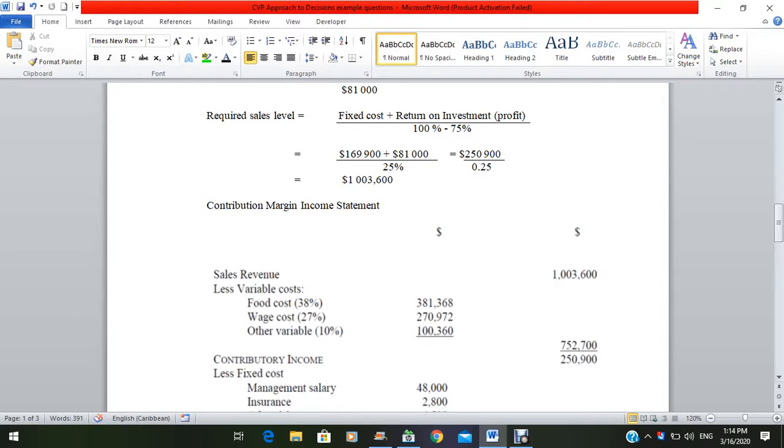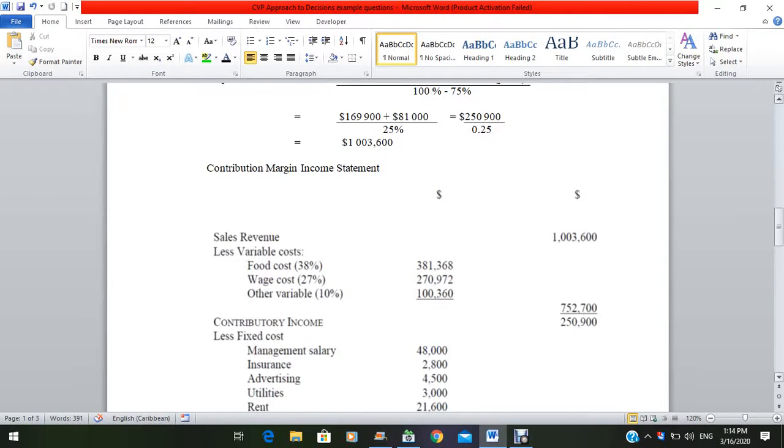Remember, if you're given a question like this, when you reach this point, you multiply the sales revenue by the percentage figures to get the dollar value for the variable costs, in this case for the contributory margin income statement, like the 381,368. Then you add up everything and you get total variable cost of 752,700. Subtract the variable costs from sales revenue, and you get a contributory income of